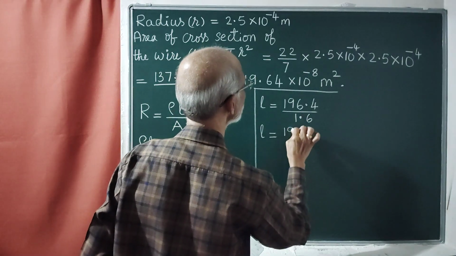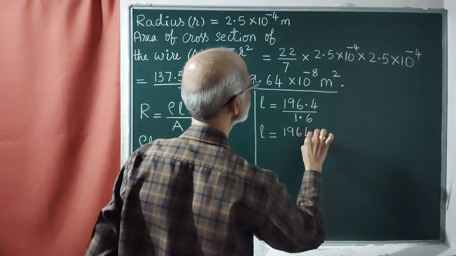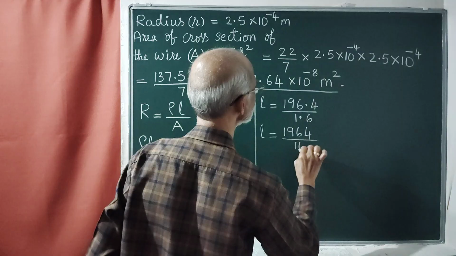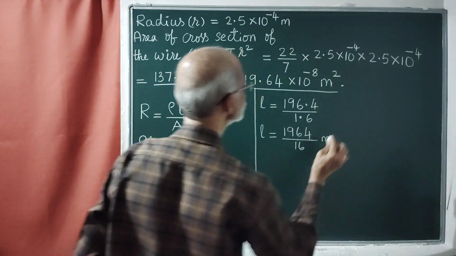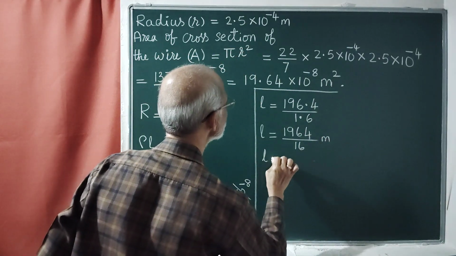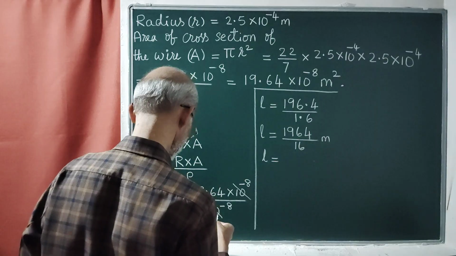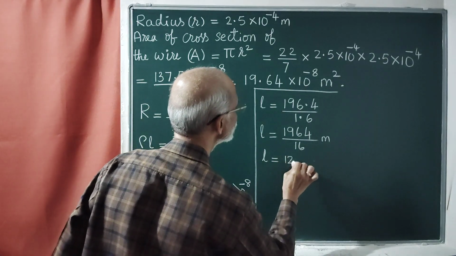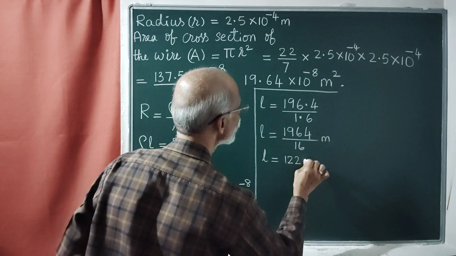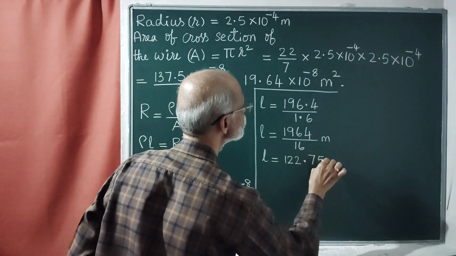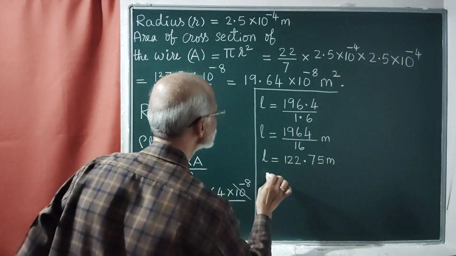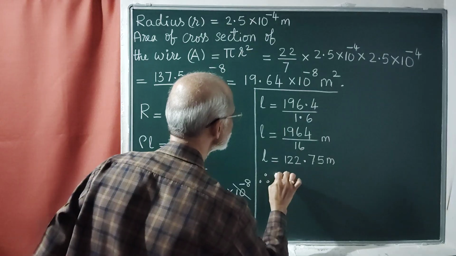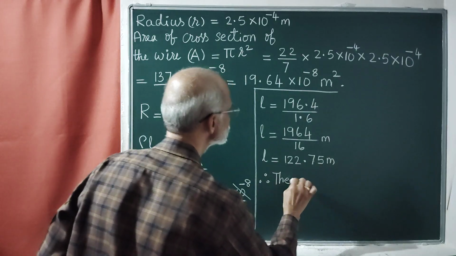So 1964 by 16 meters. So if we divide, we will get L equal to 122.75 meters. Therefore, the length of the wire is